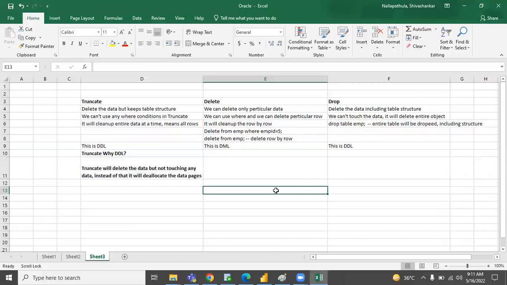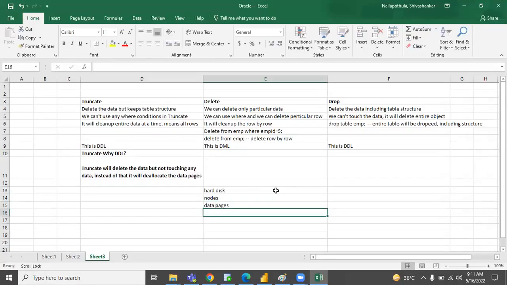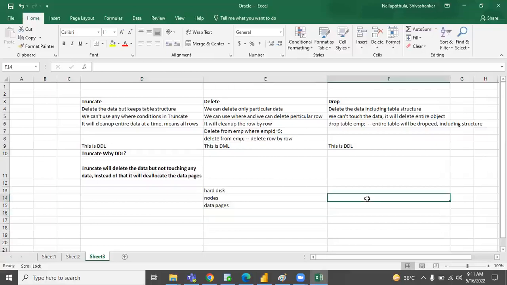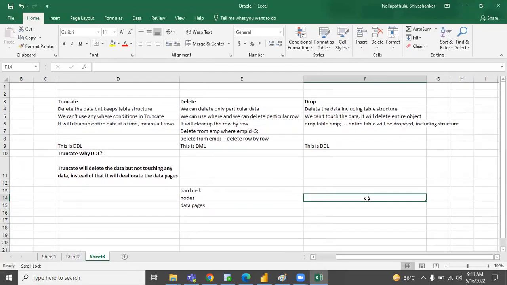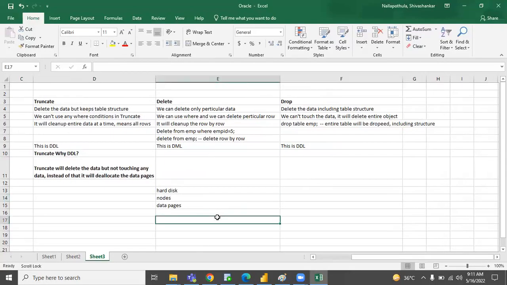First, the hard disk. In that hard disk, it will verify the nodes. In those nodes, it will check the data pages. So in these data pages, the data will be stored. For example, I have one song. So the data page structure will be like this: